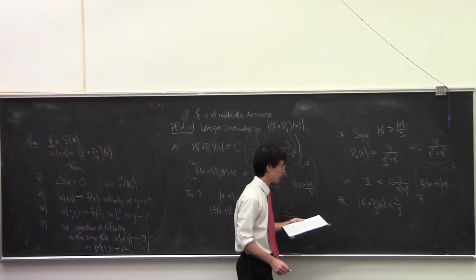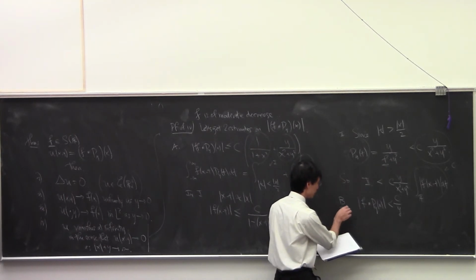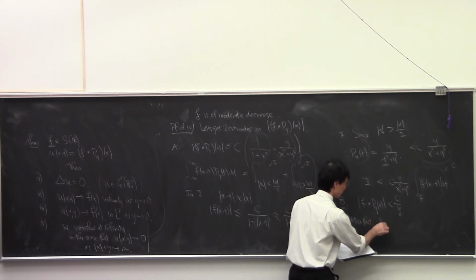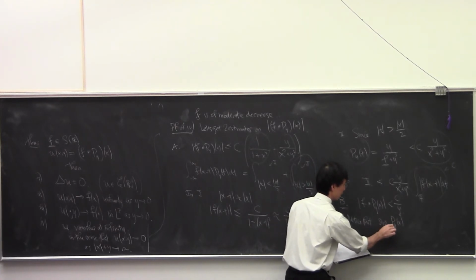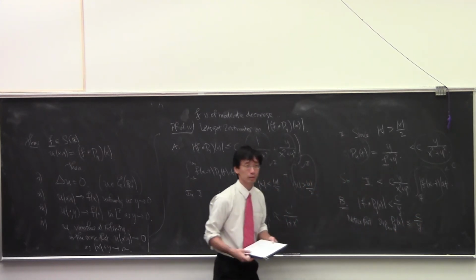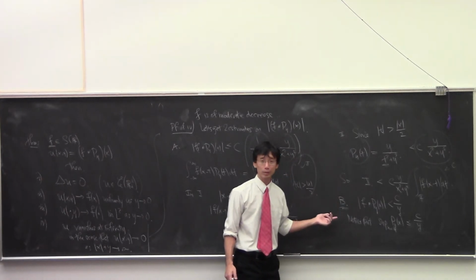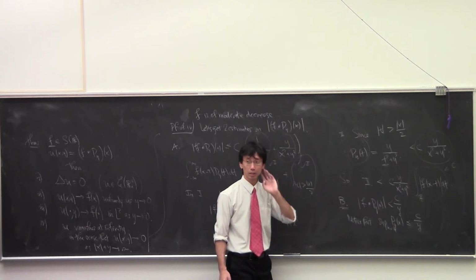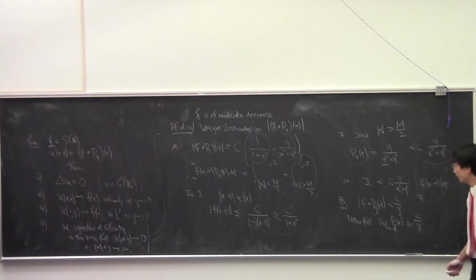Estimate 2 is this one: C over y. Okay. And you notice that the supremum of P_y(x) over all x in R is controlled by some constant c over y. Because it's y over x squared plus y squared, right? As x ranges, this thing is basically 1 over y. Okay. So this one I actually didn't prove, but